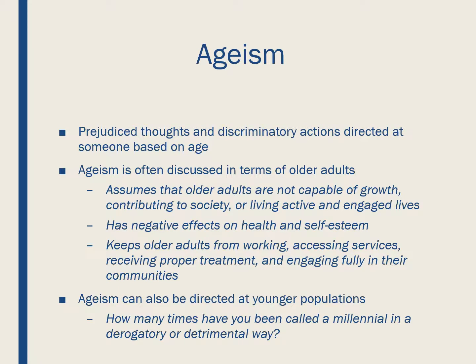So the idea that millennials don't want to work, all of these negative depictions of millennials that we have in society that are really toxic, those are also examples of ageist attitudes. And they're things that as social workers, we really need to try to get A, out of our vocabulary, and B, help others get out of their vocabulary because they don't benefit anyone. They're very harmful to the individuals they're directed at as well as ourselves.